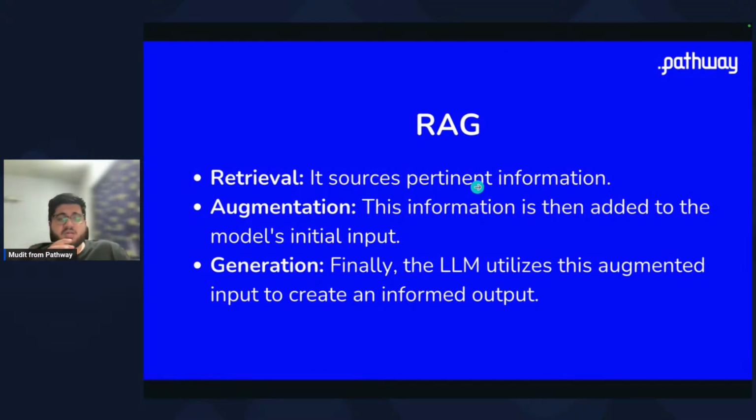First of all, it sources the most pertinent information. Then the next thing is that this information is added to the model's initial input. So for example, if you're asking give me the revenue numbers, then it will simply fetch the revenue numbers for West Bengal, instead of the entire context, and then feed that into the LLM in the backend, saying that, you know what, Mudit or Reed Hastings or anyone is asking for this particular number, and this is the number by the way, just that particular input, and then the LLM generates because now it has the context. That is what RAG is.